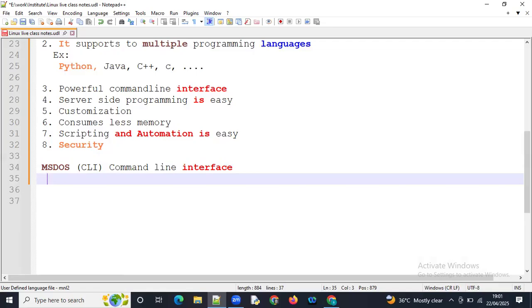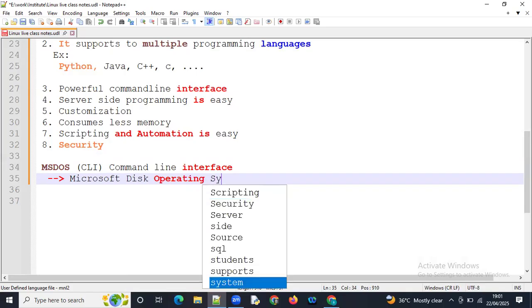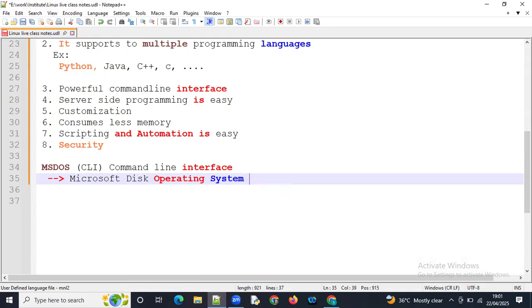MS DOS is nothing but Microsoft Disk Operating System.